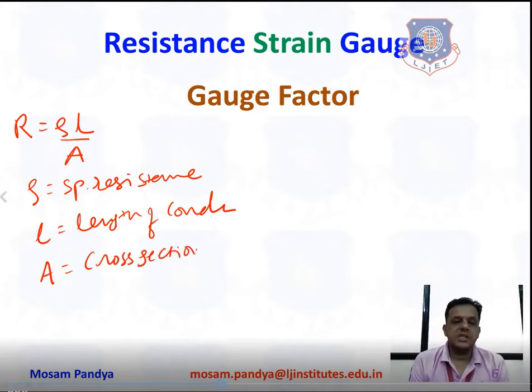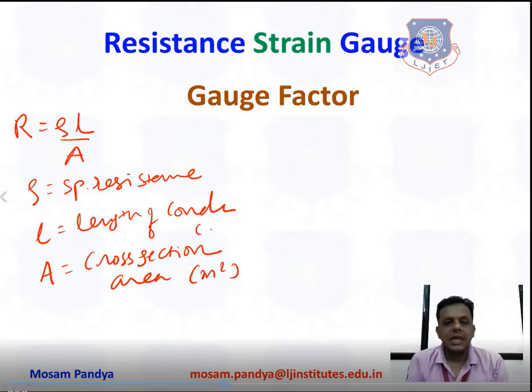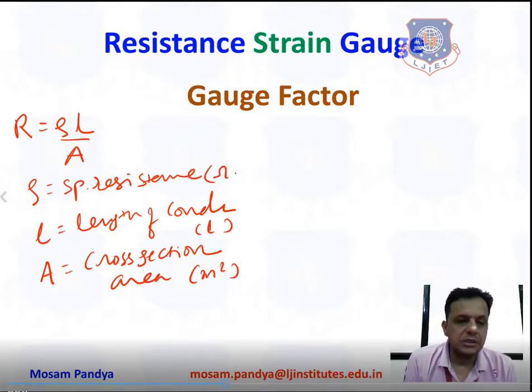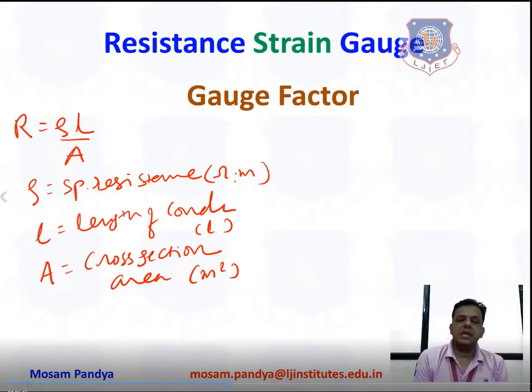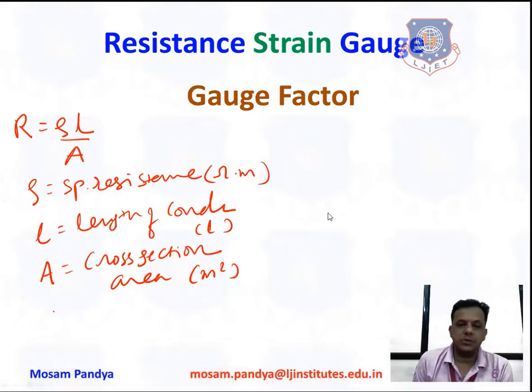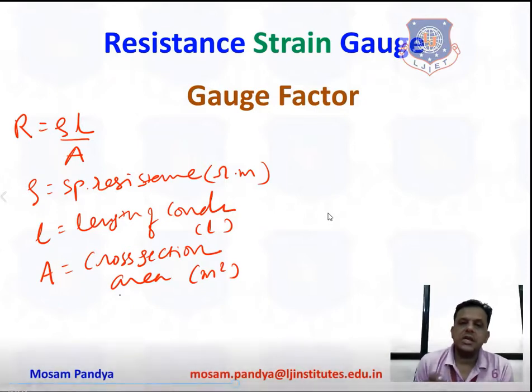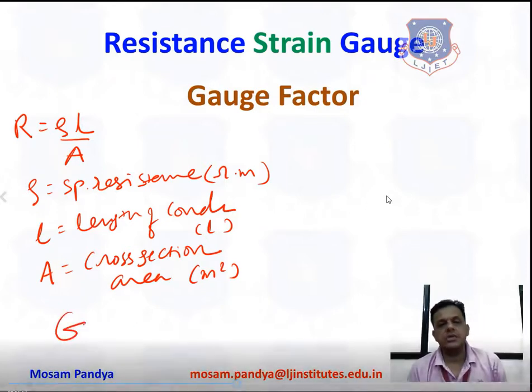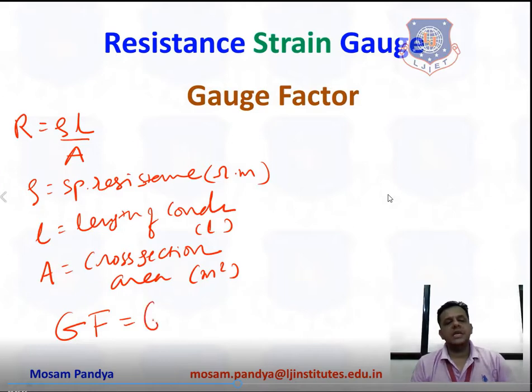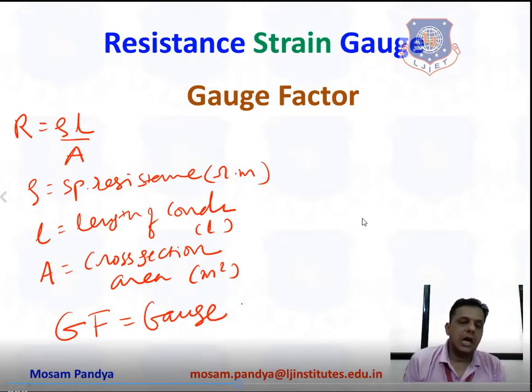Here specific resistance will be having the unit ohms into meter, length will be in meter, and area will be in the meter square. Okay. So with this let me clear here, we will be talking about the application of the tensile force, and the cross section area that we are taking is circular cross section area, where we will be using the equation of the area is pi r square.